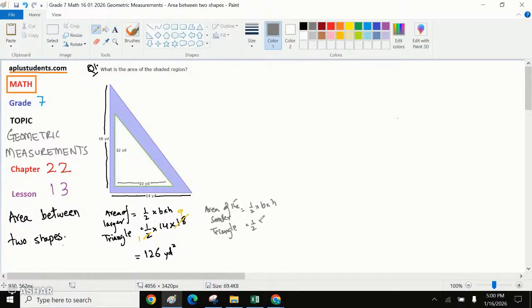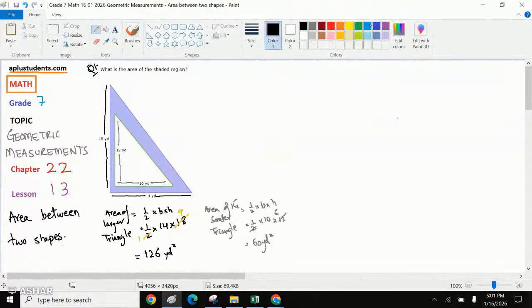The base of the smaller triangle was 10, and the height of the smaller triangle was given as 12. So we can cancel this out. We can say 10 times 6 is 60 yards squared. So when we have the area of the larger shape minus the area of the smaller shape,